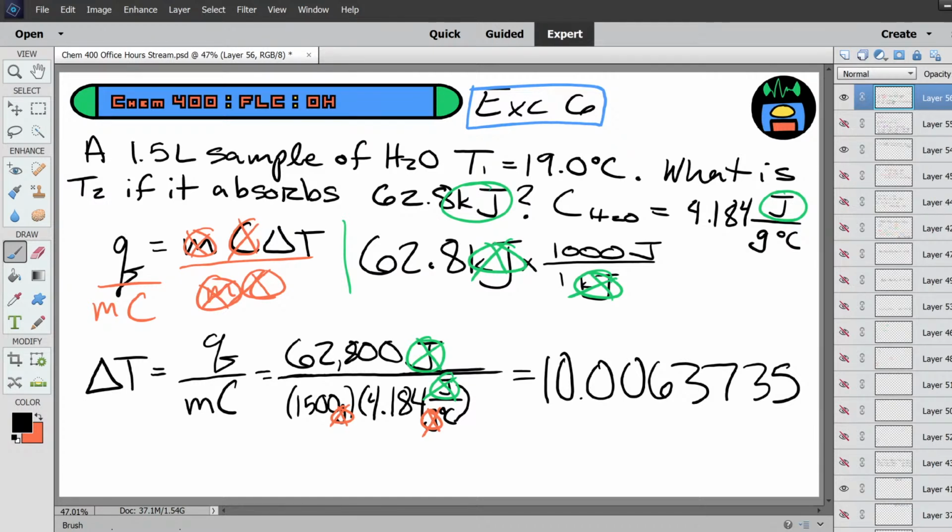Because we have 2 sig figs down here. The 0 is going to round down. So the correct answer here is